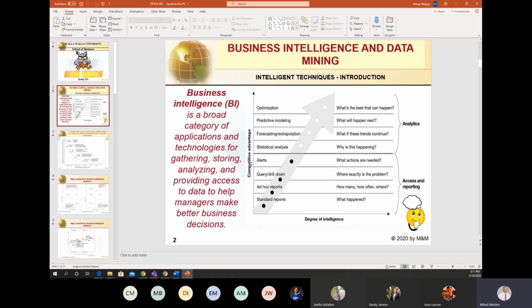So, according to this, business intelligence covers many different techniques.